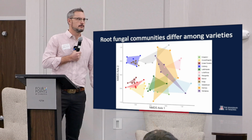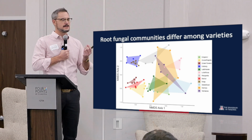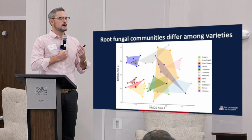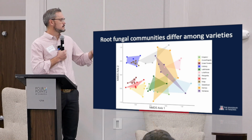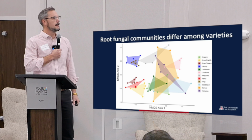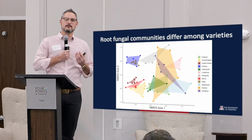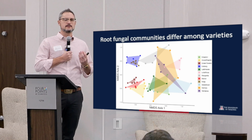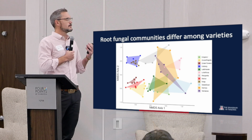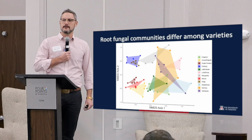Now this graph, before you just glaze over, it's pretty easy to understand. If the same colored dots are closer to each other, that means the microbiome of those samples are more alike. So the closer they are, the more repeatable, the more consistent the microbiome associated with that plant is. And so this shows us that these different varieties are selectively recruiting organisms from the soil environment